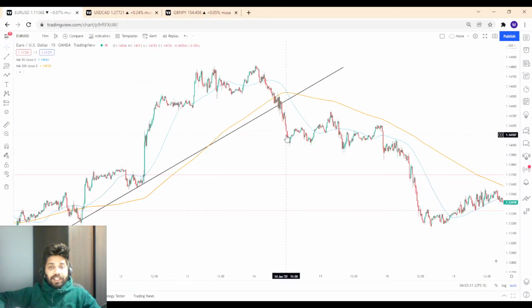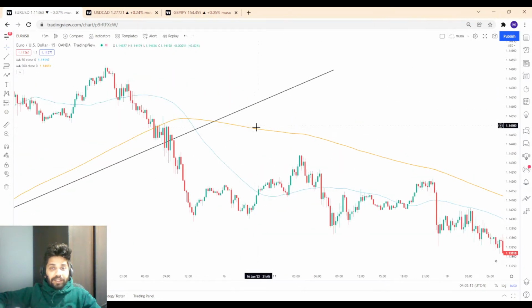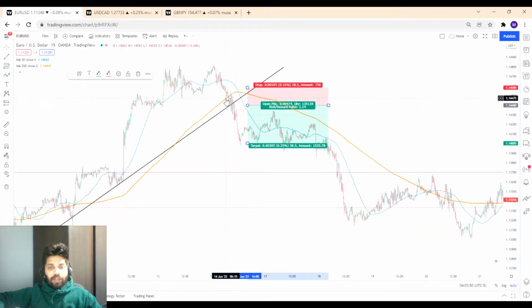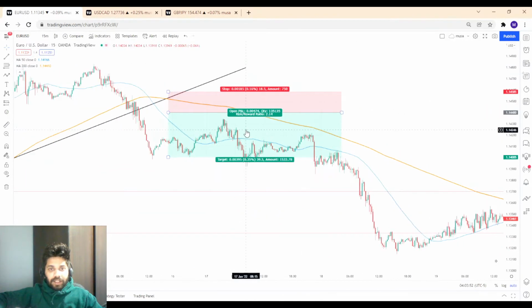So here we can see that the price clearly broke the trend. The price broke the trend, it gave a retest, and it made a lower low. See, the price was over here, the price broke the trend, it went up and gave the retest over here, and it made a lower low somewhere over here. If I had gone into this trade, I would have kept my stop loss at this high,